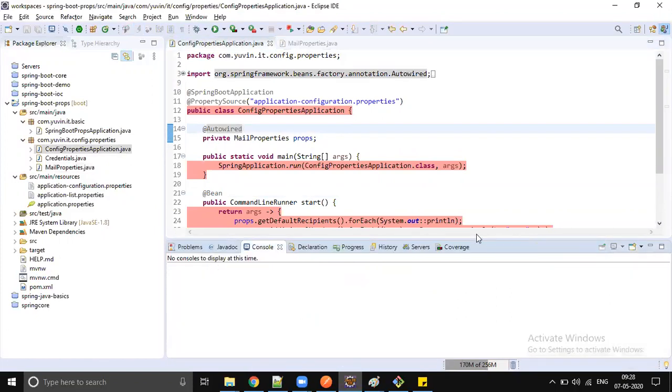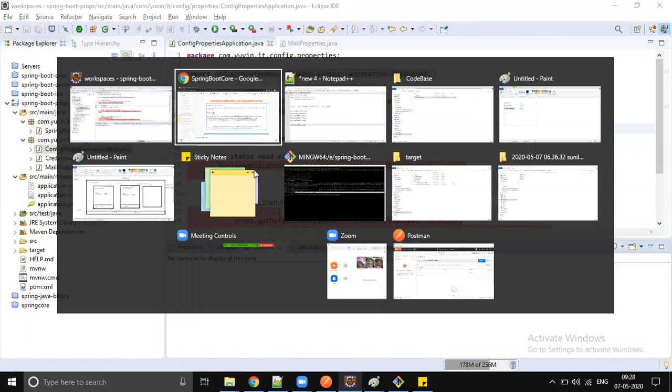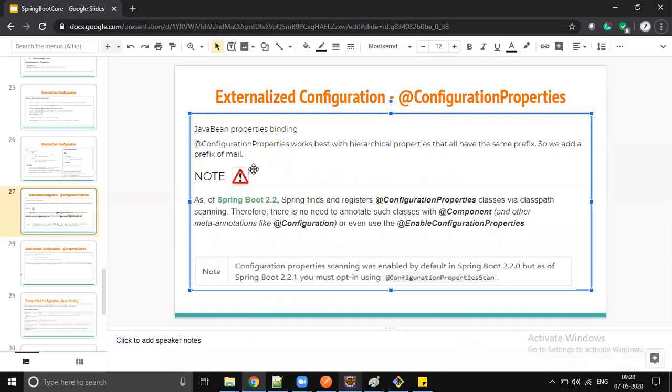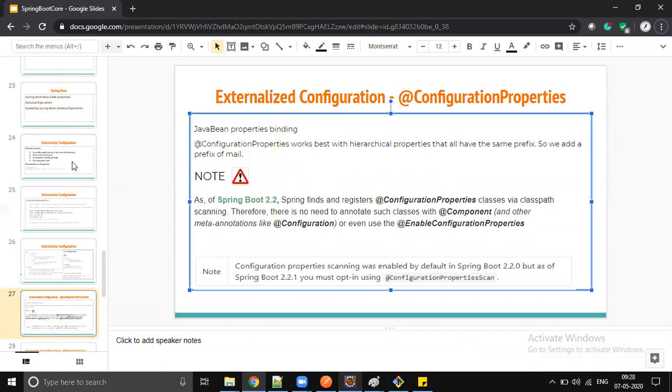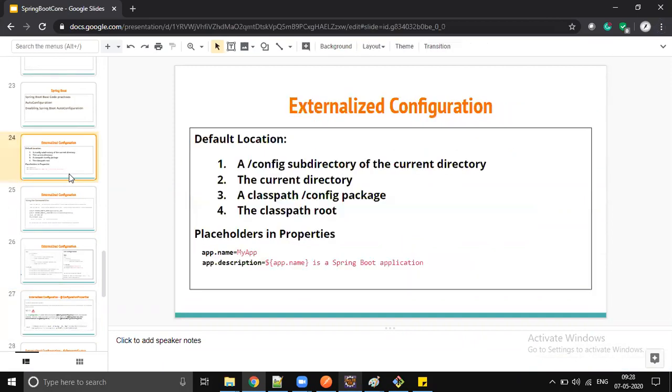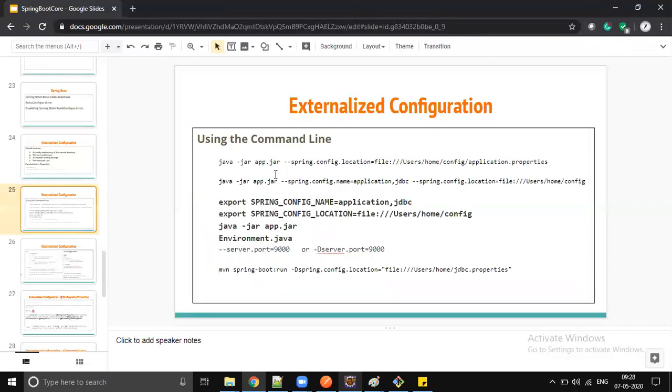So externalized configuration in Spring Boot is a huge concept. It talks about how many ways you can load the properties file. I just covered almost 8 to 10 ways we load. What the default configuration is, and how you pass it dynamically. If you want to make configuration secure, how you do that, and how to set up an environment variable.